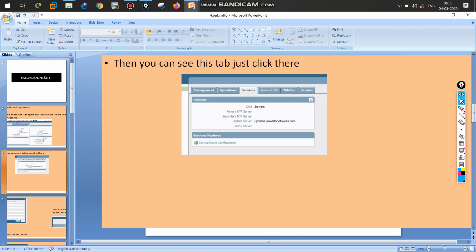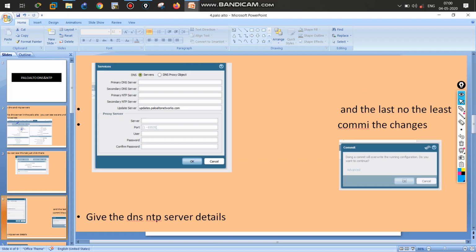Okay, in Services you can see the primary DNS server, NTP server, secondary DNS server, and proxy server. This is not configured yet, so we want to configure these things. We want to click here, and we just want to mention these things. Okay, and we have an option to mention the DNS proxy. If you have any DNS proxy, we can mention it here also. Otherwise you just mention the primary DNS server, 8.8.8.8, like that. You just mention the 8.8.8.8 DNS server IP, and for the secondary DNS, any IP you can give here, any DNS IP of yours,